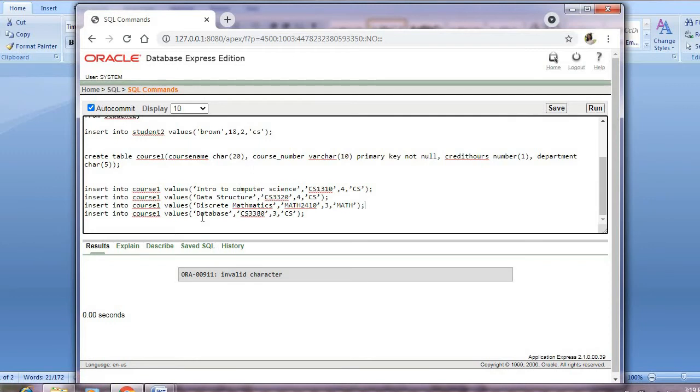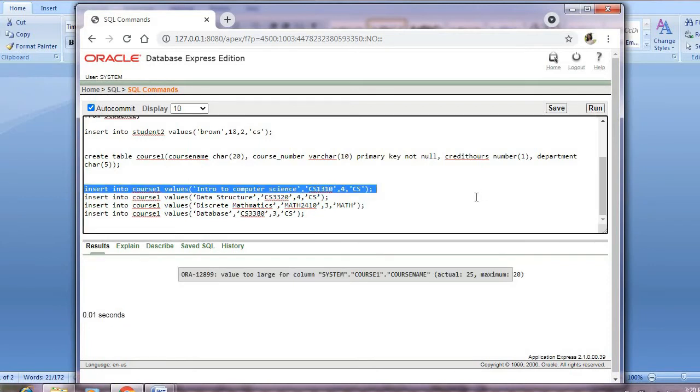Then see here, the single quotes what I have specified here is wrong. Single quotes come like this. This is where I have made a mistake. Okay. Here also there is a mistake in specifying the quotes. So I just made use of the proper ones. Now is it correct or not? Okay. Now I'll check. Yeah.